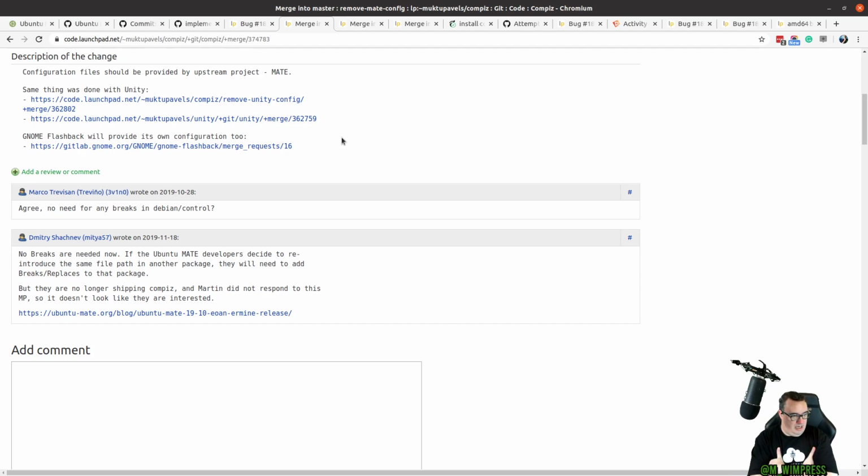So the config that I had put into Compiz to support Mate is missing, and that means that if you upgrade from an earlier release of Ubuntu Mate to 20.04 and you happen to be running Compiz, it will be all kinds of broken, and we want to avoid that kind of